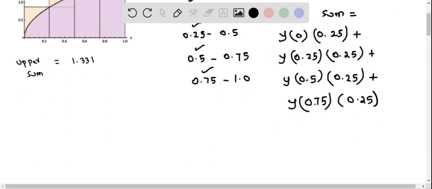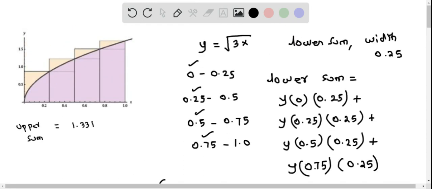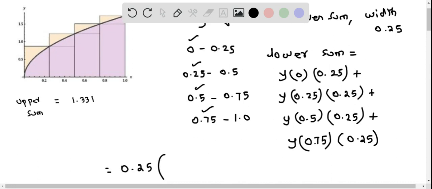Once again we can factor the 0.25, which is the constant width, and then therefore when we factor 0.25, this will be y of 0, which means we have to replace x by 0